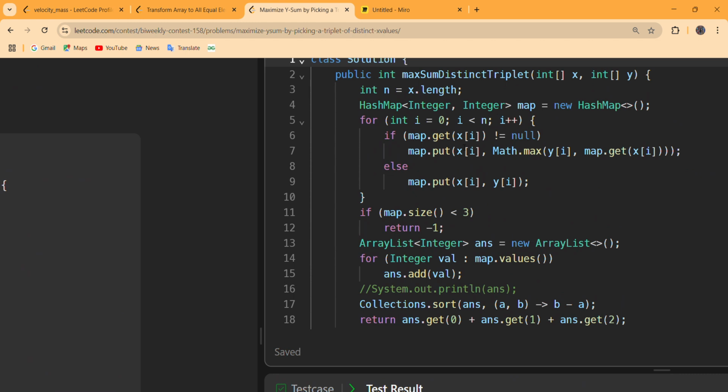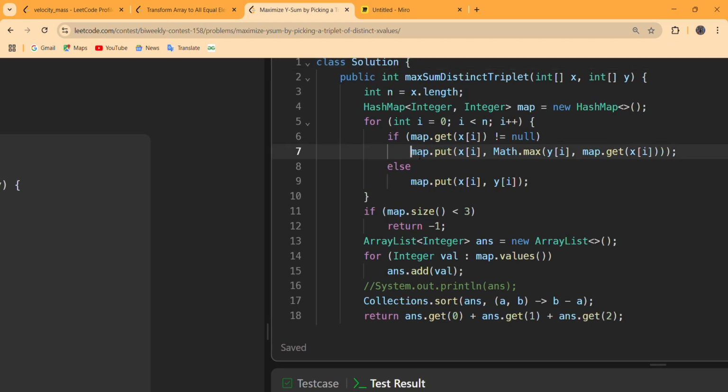If this x of i is previously present in this map, that means it has some previous value, then we have to update our key x of i to the maximum of y of i and the previous value of that. And if it is not, simply put that x of i and y of i.